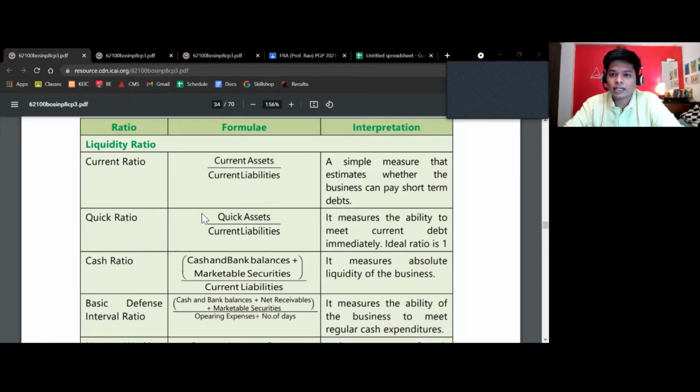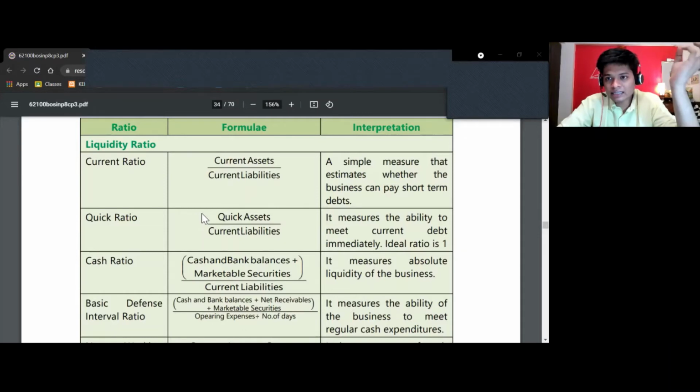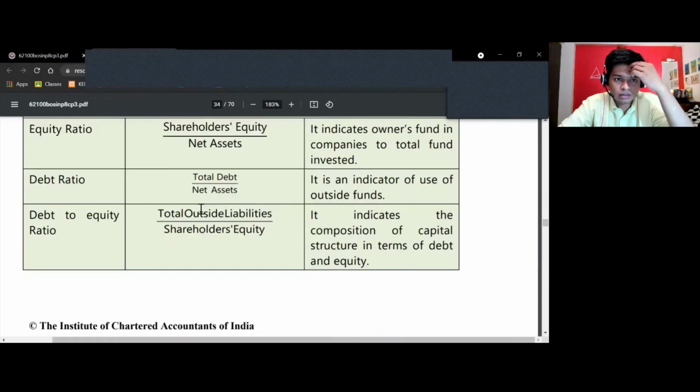Now, what are quick assets? Quick assets are basically current assets minus prepaid expenses. So if I go to the next tab over here, you will see,